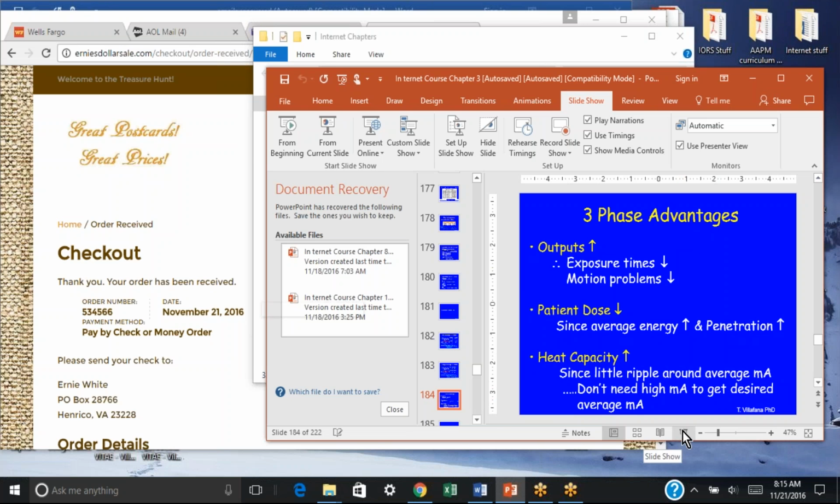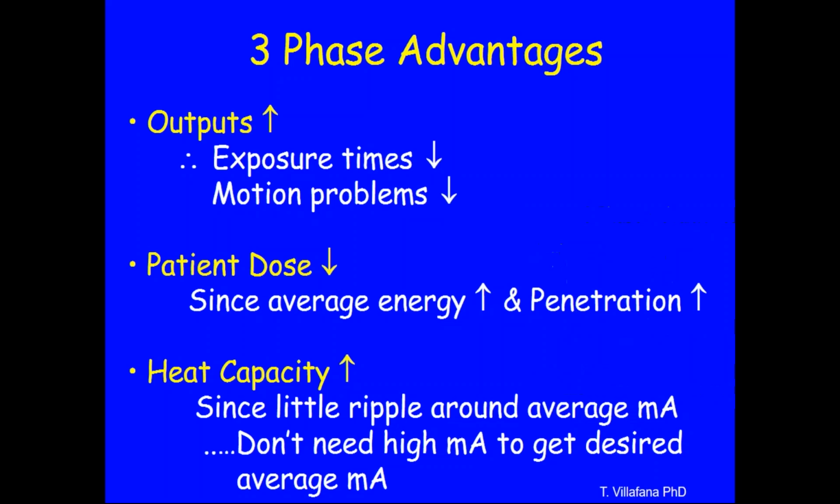And let's repeat these advantages for purposes of the recording. What we've done is we've shown that the maximum MAs are very close to the set MAs, and that the maximum KVPs are very close to the average. So when you go to three-phase, your averages are very close to the maximums, and that's what gives these three